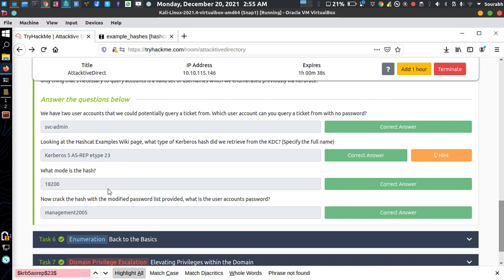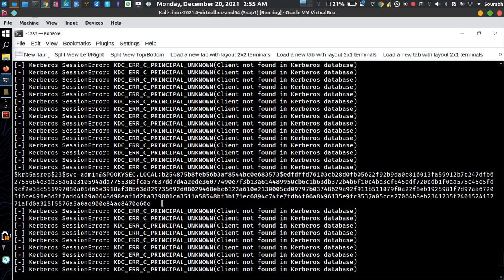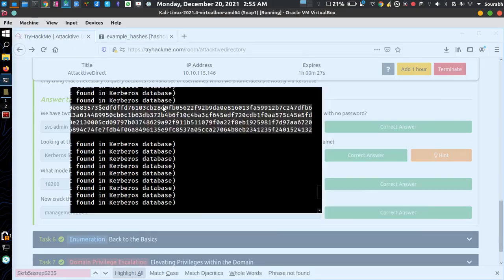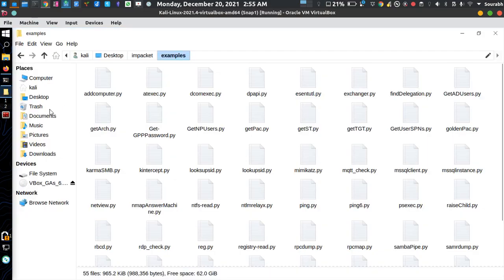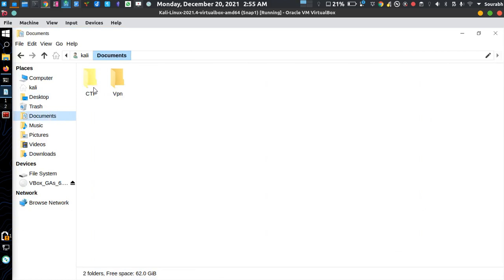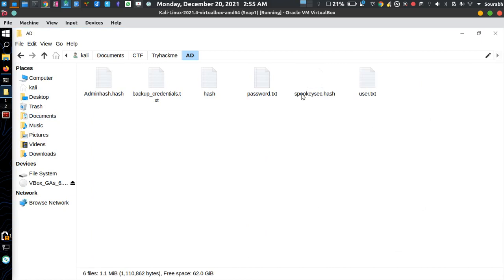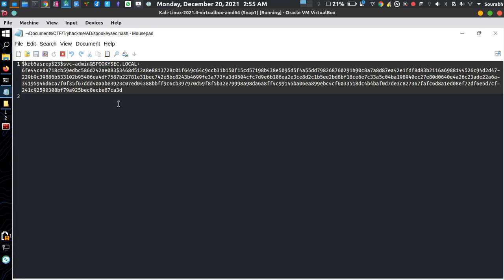Now for cracking that particular hash, you just copy the entire thing, go to your particular file, and paste it over here.